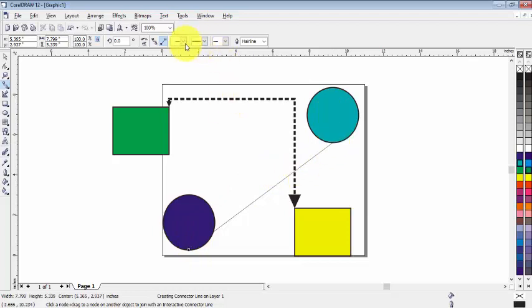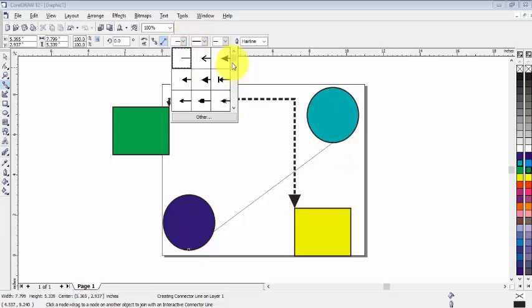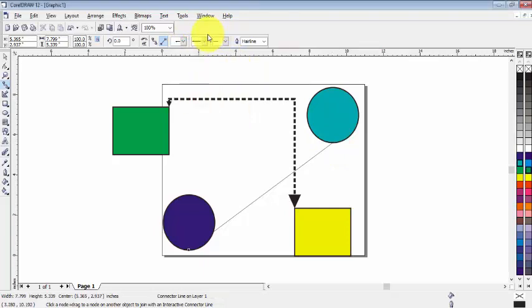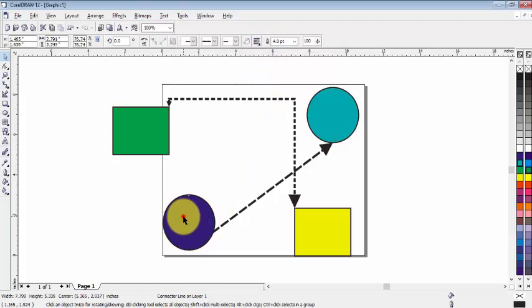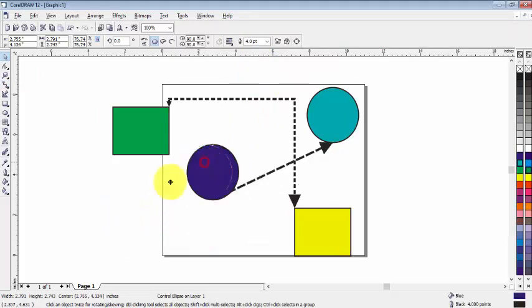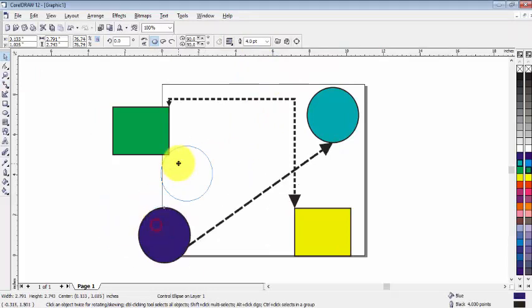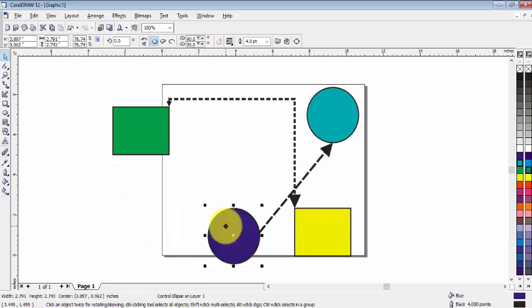So first change the line style and apply. So you can see the straight connector is moved with this circle.